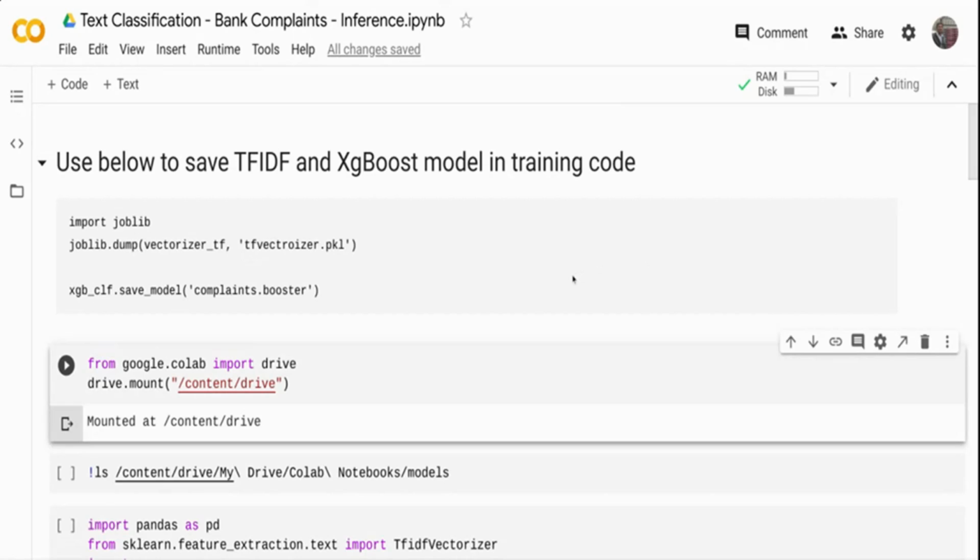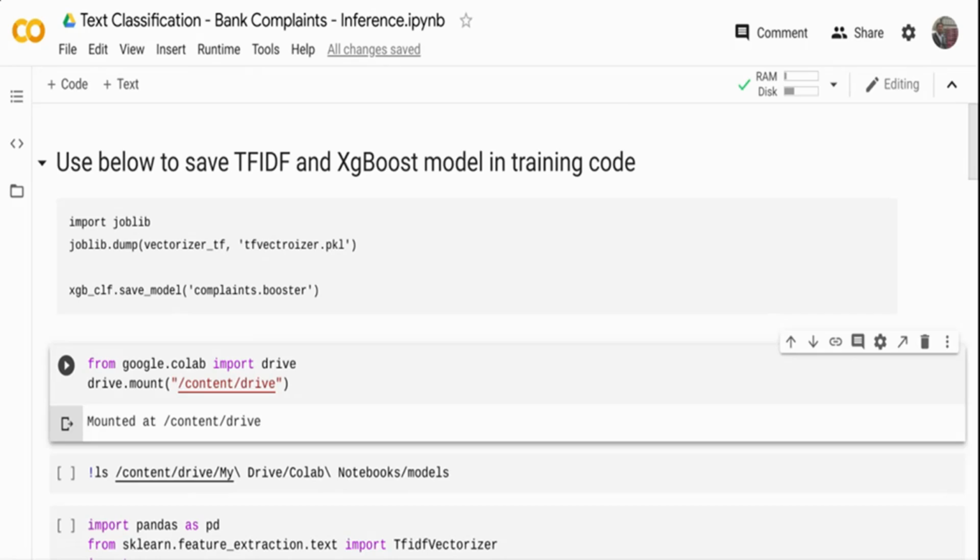If you have seen my last video on text classification, basically what I did is I took a bank complaints dataset. We did some data cleaning. We did all the typical NLP pipeline steps like stemming and stop word removal, and then we created a TF-IDF model, and we fed the TF-IDF output into XGBoost. Whether it was going to be XGBoost, GBM, or some other model, we ran an AutoML script, and we found out that XGBoost was performing better.